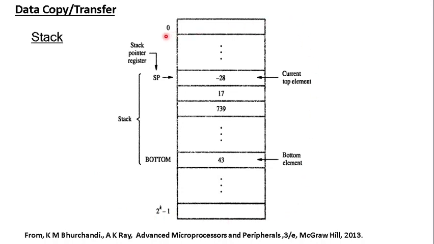As I told, the addressing here goes from 0 to 2 raised to k minus 1, or the addressing starts from here and ends here. So this is the higher address range, this is the lower address range. If you see here, the bottom of stack occupies the higher address range, and the top of stack occupies the lower address range. So when you add items to the stack again and again, the stack is supposed to grow towards a lower address range. That is how we should visualize the stack in 8086.